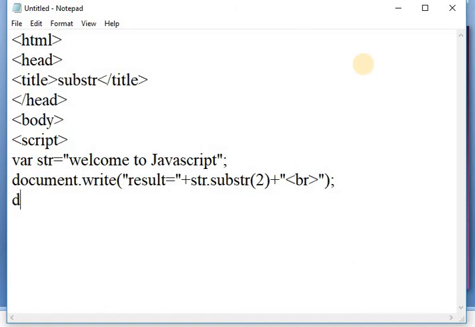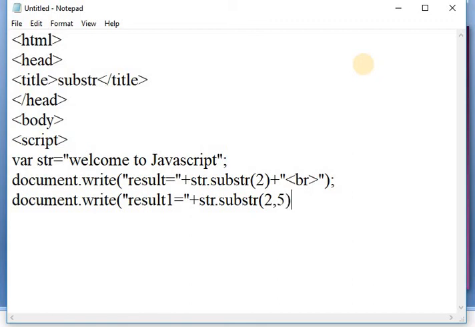After that, again I am using the document.write method, result 1 is equal to plus str.substr. Here I am passing the two parameters, that is 2, 5, meaning the starting index and the length. Here I am again using a break tag, that is br. After that I am again writing the document.write method.